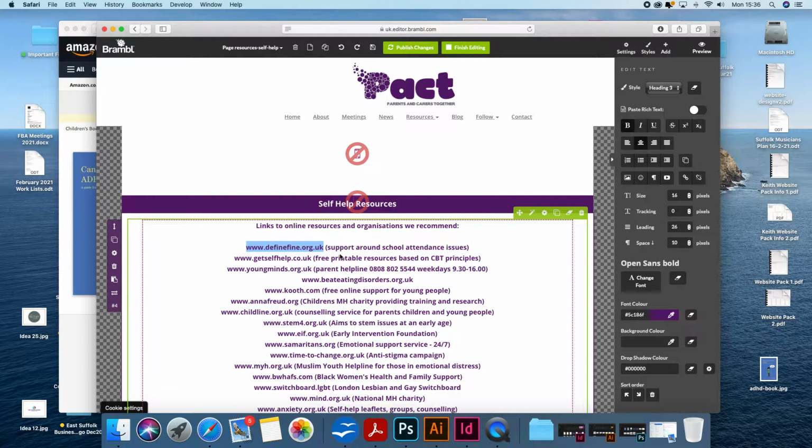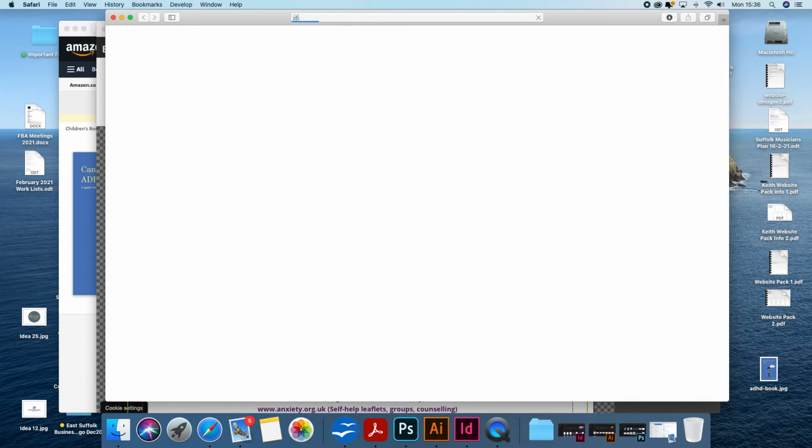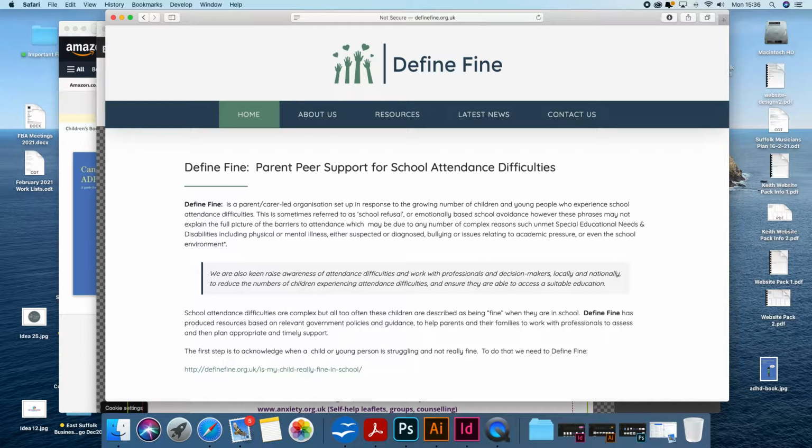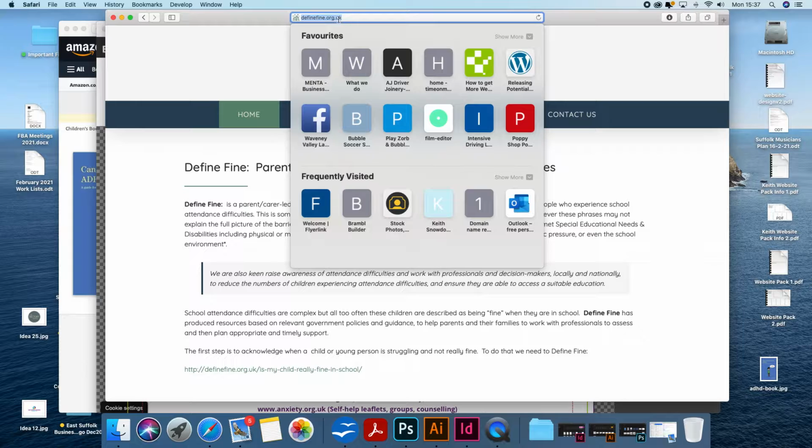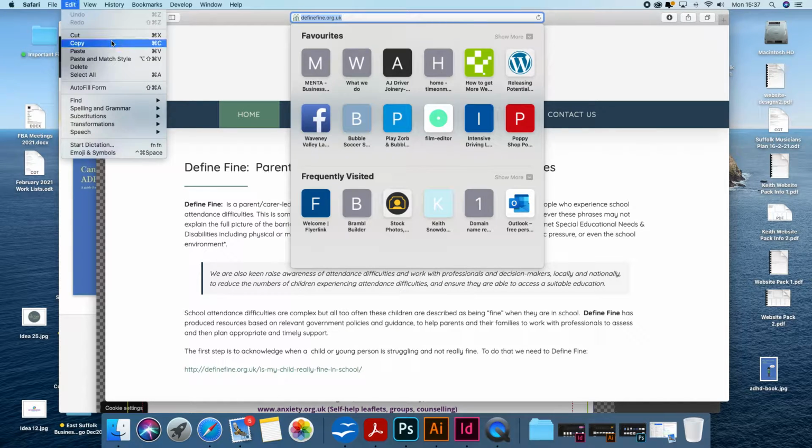So the first thing you do is take a copy of the web address, open a new window, paste that in, and then basically you take the full link from here and you copy this. This is the way to do it, so make sure it correctly hyperlinks. So you copy this full link of the web address,